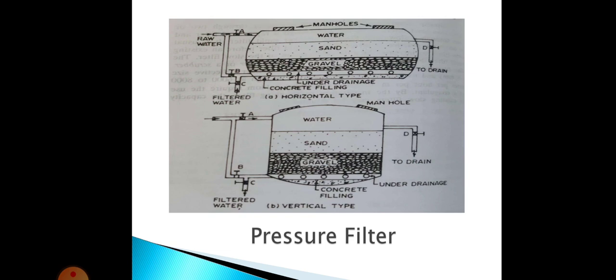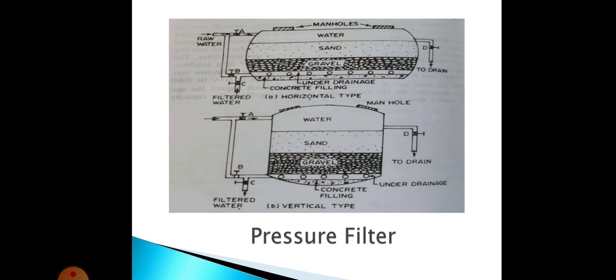Now coming to the rate of filtration, the filtration rate is much higher than that in the case of a rapid gravity filter, and here the rate may vary from 6,000 to 15,000 liters per hour per meter squared of the filter area. For this reason they are considered unreliable in removing the bacteria present in water, and they are also not used for treating municipal water supplies,